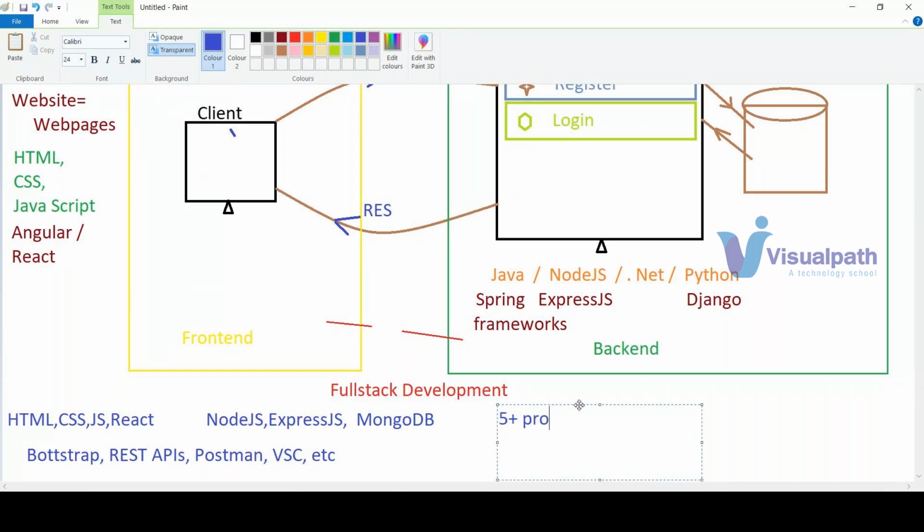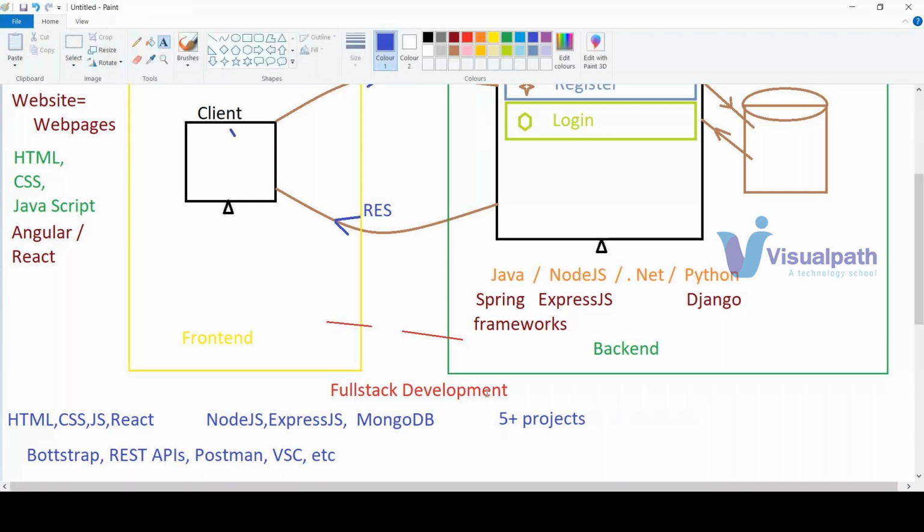That is, once you're done with HTML and CSS, you'll be creating a project purely on HTML and CSS. Once you learn JavaScript, along with JavaScript, you'll be creating one more project. Using pure React, you'll be creating a project. So front end only, and with the help of Bootstrap, you'll be doing 3 or 4 projects